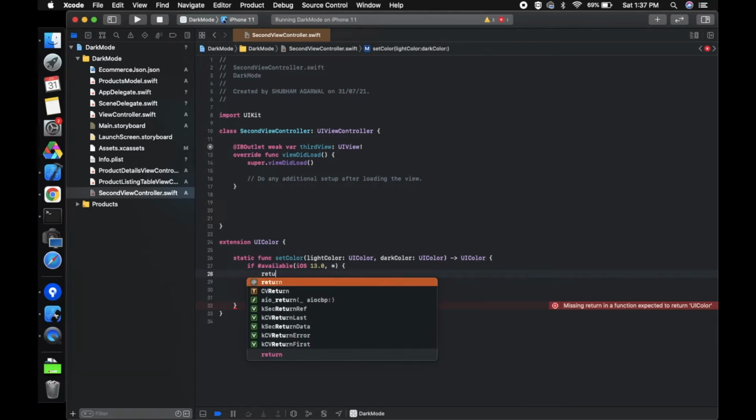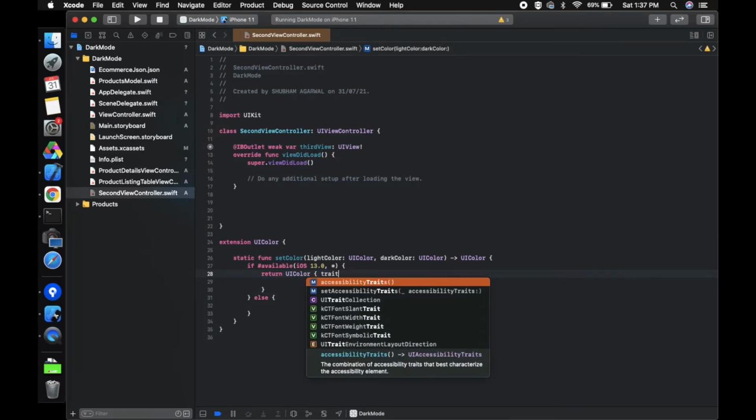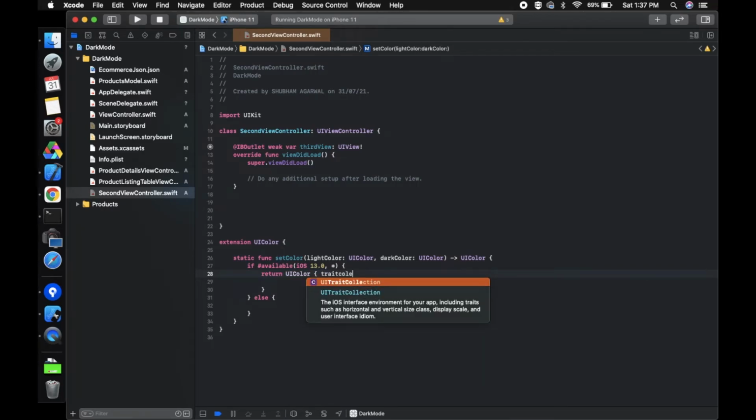So we have to simply use return UIColor, and there is one thing which comes with UIColor, that is a trait collection. There is a closure, so simply use trait collection over here. We have to write this manually.